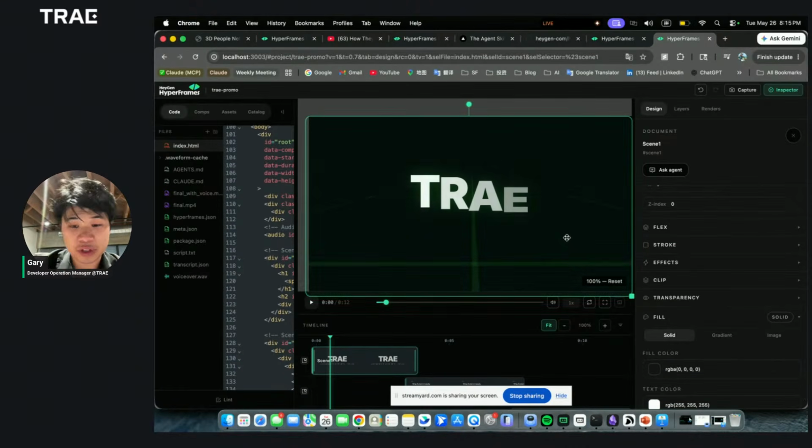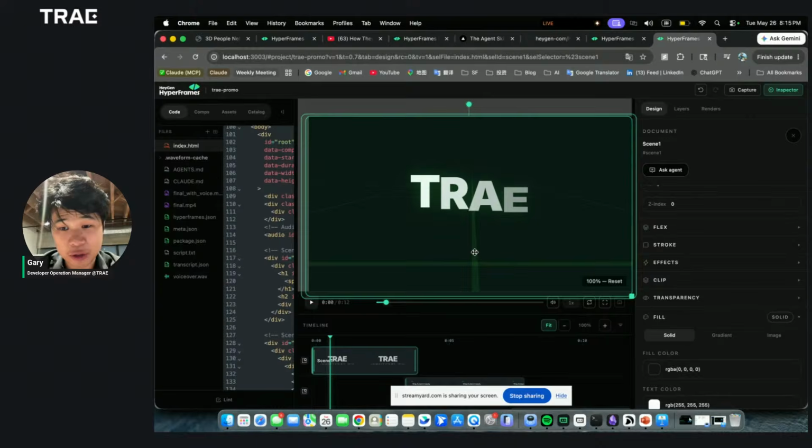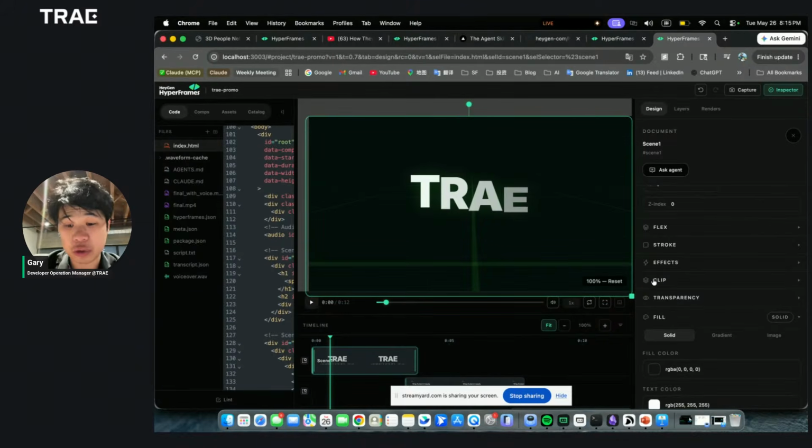Of course, I believe all of you are AI native people. You're definitely not going to control the component in the traditional way, but this is a really good way to show us how an AI native software is supposed to be. The basic idea is that all those features and functionality are not protected behind the UI interface. For HeyGen, what they do is connect each component and each function with the CLI. This way, we can use the skill and different command lines to control this whole process of editing the video.